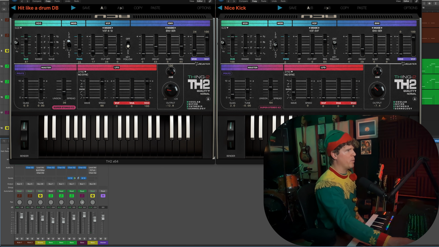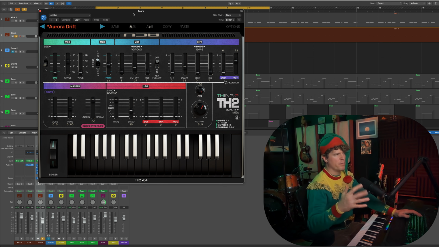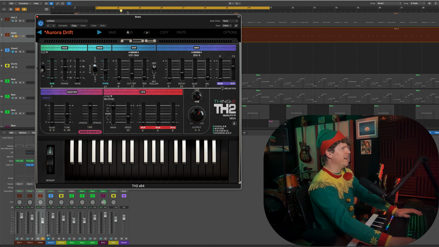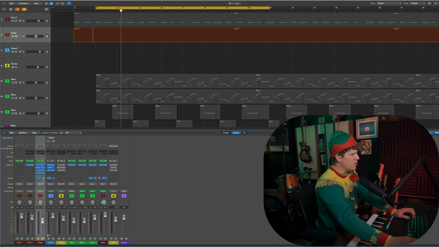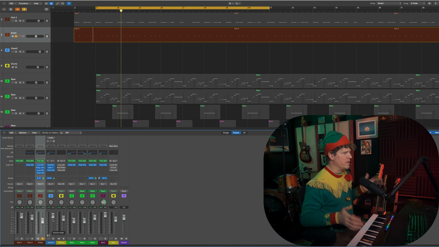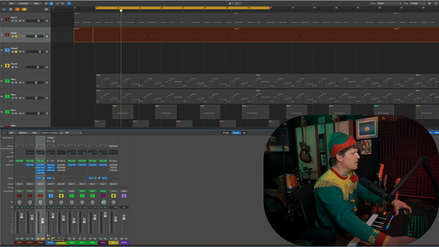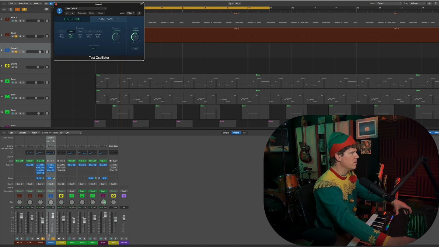So while I was at it, I went ahead and did the kick and the snare at the same time. And while I did find sort of a snare drum sound, it sounds more like a bongo, but I wasn't really able to get a super snary kind of thing going. So instead, what I did, keeping within the parameters of working for free, was make a white noise track inside of Logic. So I made a new audio track, put a test tone on it to make a white